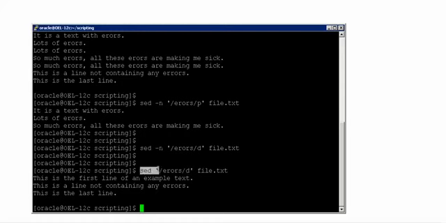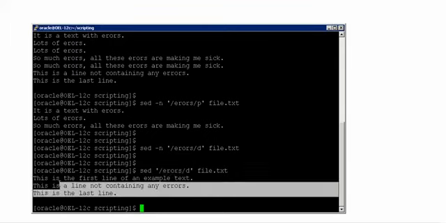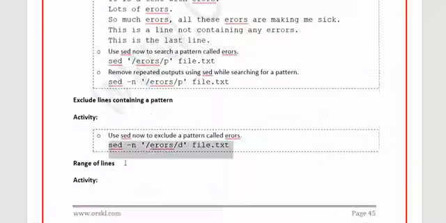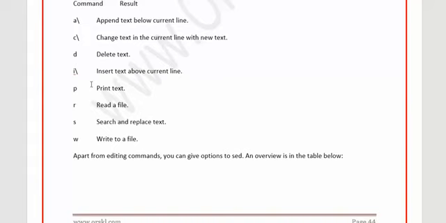So as you see on the screen, sed followed by this one will delete the rows in the output. That's it. It doesn't mean that it is deleting the rows in this file. The content in the file is the same as it is, as I said earlier. It is only deleting the lines which have the word errors. That's the reason you will find only 3 lines. Do not think that it is the same. This is ERRORS. So all the lines with the word errors are not there as part of the output. So what is D? The meaning. This is what I wanted to show you here. D is to delete text. So it has done that.